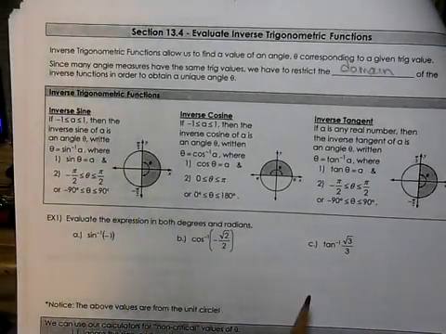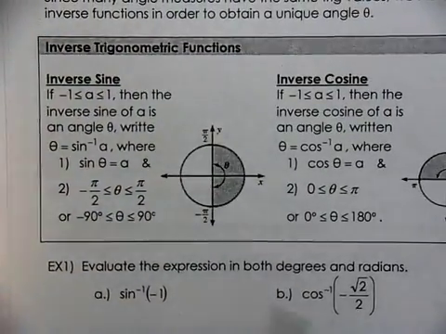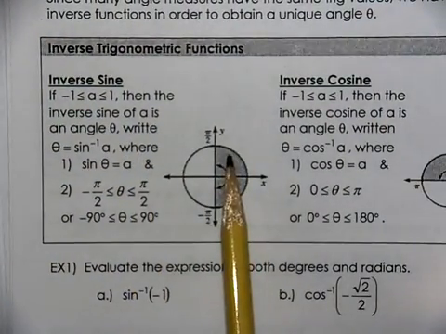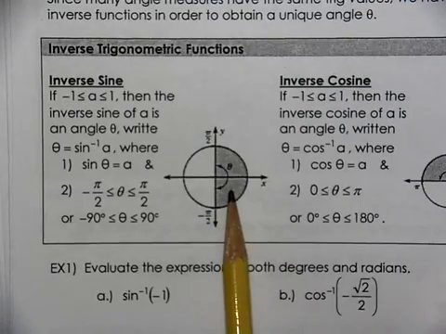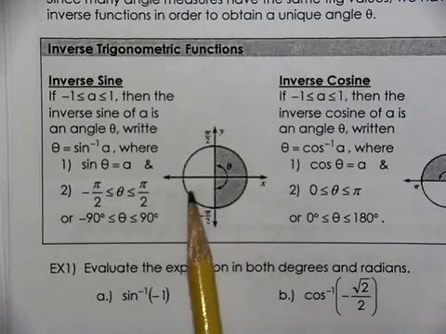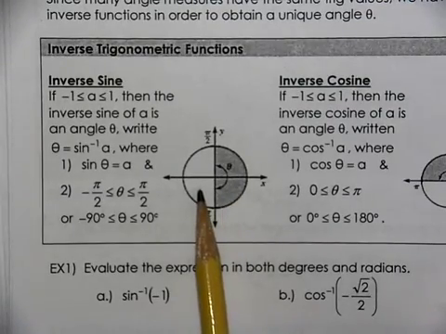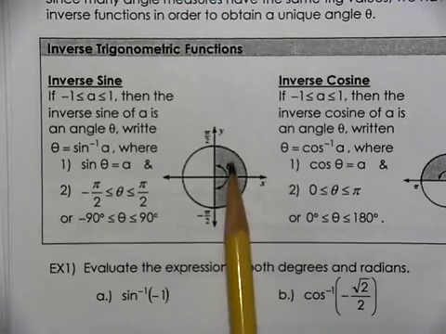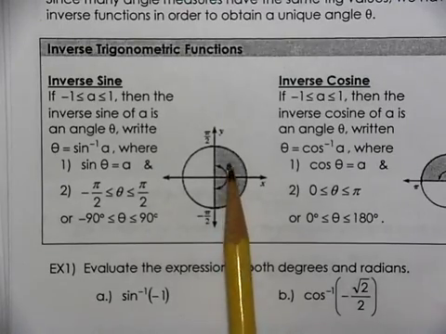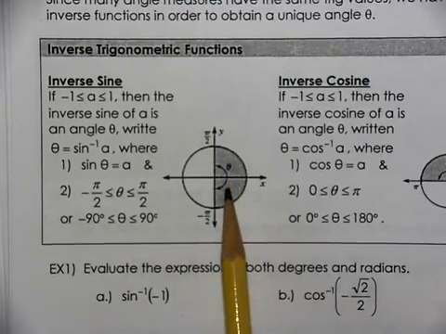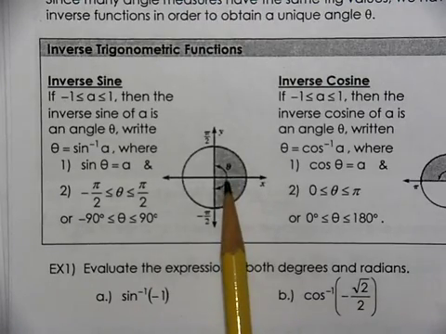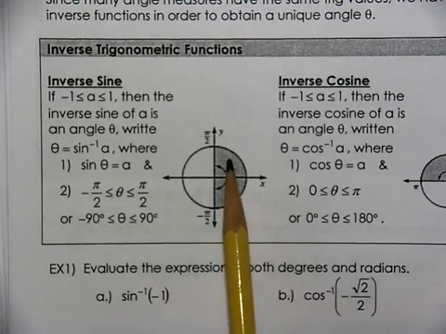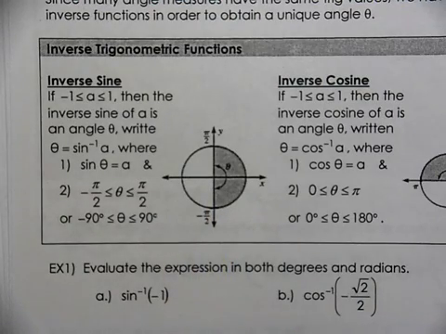So here, when you look at just the sine values, we have the positive sign, we have the negative sign. Sine is also negative in the third quadrant, but for the two quadrants to be right next to each other, we use the first and the fourth. So whenever you're looking for answers, we're only going to give answers from the first and fourth, unless it asks for a specific